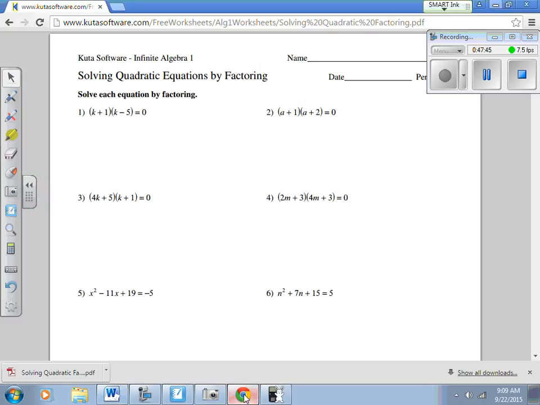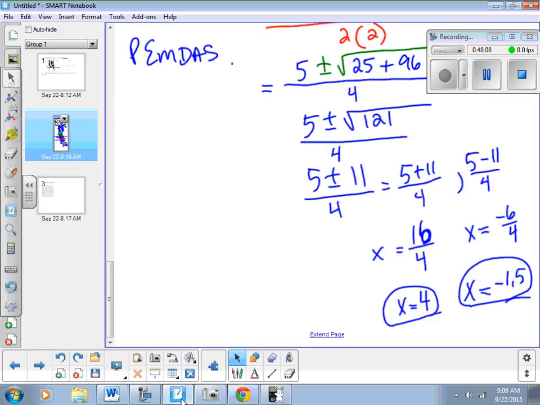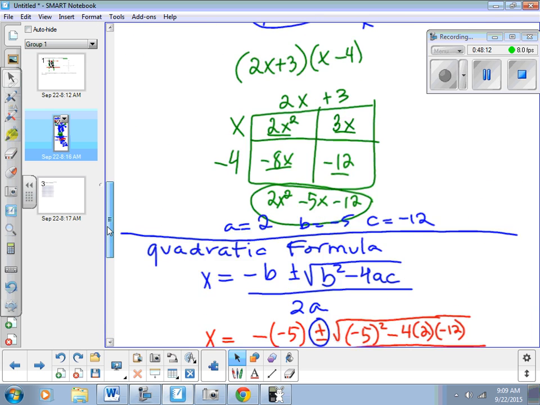This one says solve quadratic equations by factoring. Now, everybody, do you see that numbers 1, 2, 3, and 4 are already factored for you? How do you solve the equation if it's already factored for you? Let me show you what I did. If the equation is already factored for you,